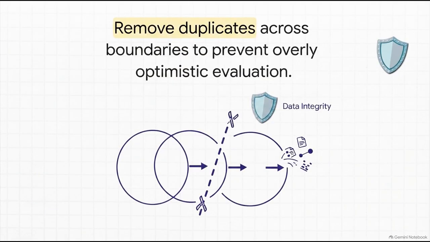But wait, there is a crucial trap you have to watch out for. What happens if the exact same customer service ticket somehow crosses these boundaries? Say an impatient customer sent 2 identical emails. Well, if duplicate cases cross from your training set into your test set, you must remove or group them. Why? Because otherwise, the model is literally just recognizing a duplicate it already memorized during training. This creates massive data leakage. It leads to dangerously optimistic performance scores that will just instantly collapse once the model is deployed and faces truly unique tickets.